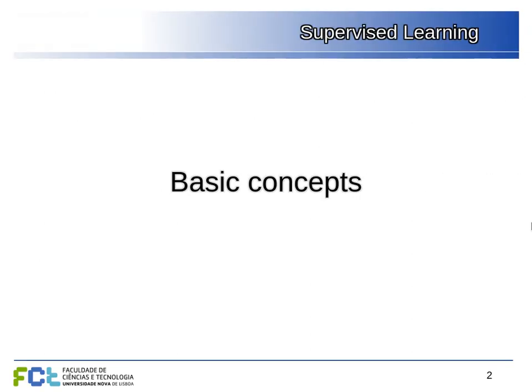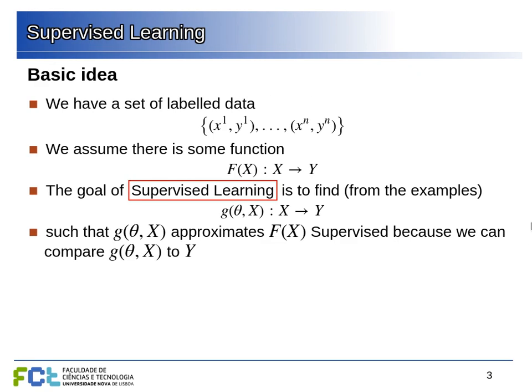So let's start with some basic concepts. First, we have in supervised learning a set of labeled data. And this means that we have a set of examples. For each example, we have some x. This is a vector of features. So you can think of it as a series of numbers. It can be measurements or something like that that describes the example. And this is what we in the future are supposed to receive in order to make our prediction.